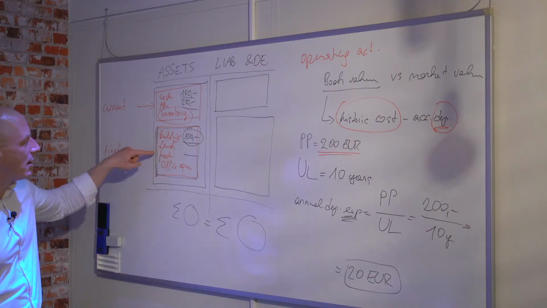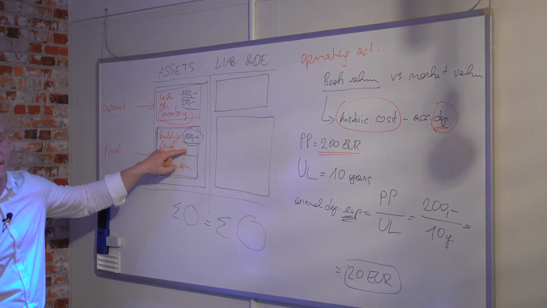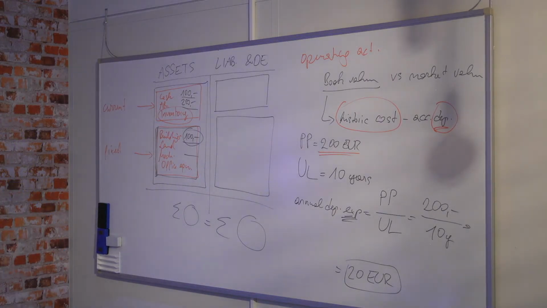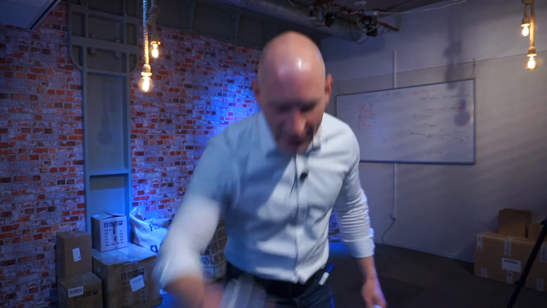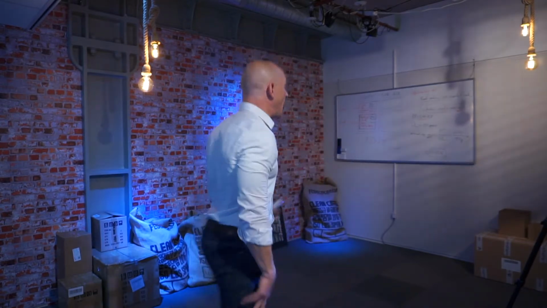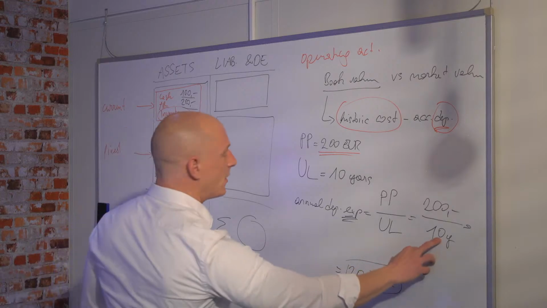It will show up here, car, 200. After 1 year, what is the value that it will show? Tell me. 180. Excellent, 180. The next year it will go down another 20, another 20, another 20, so that after 10 years, the book